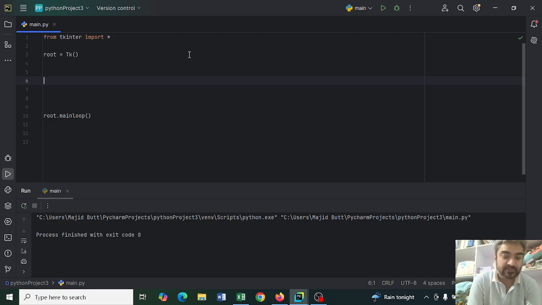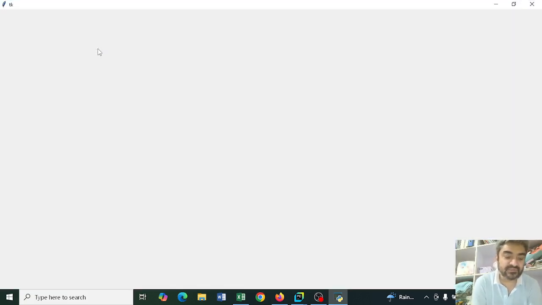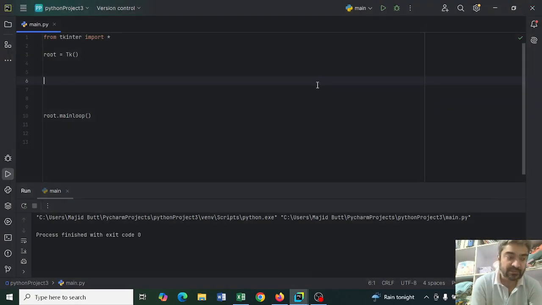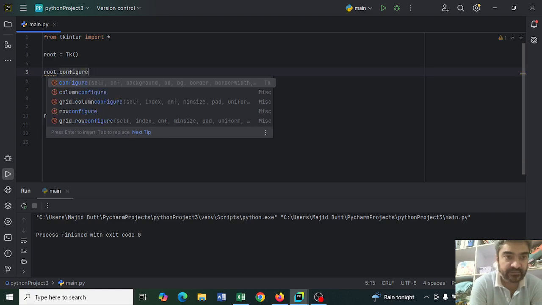Now let's move on further. I again click here. You can see there the maximize button is enabled. If I click this maximize button, the window is in full screen. Now let's use a command here. Root dot configure